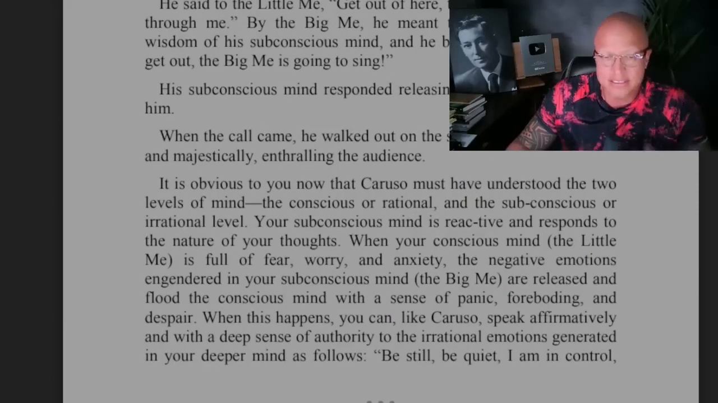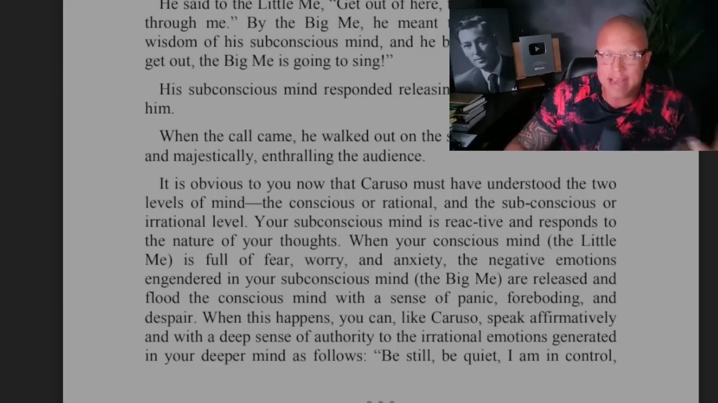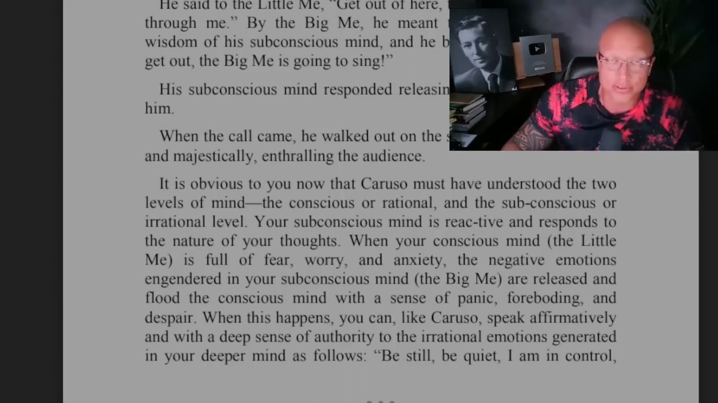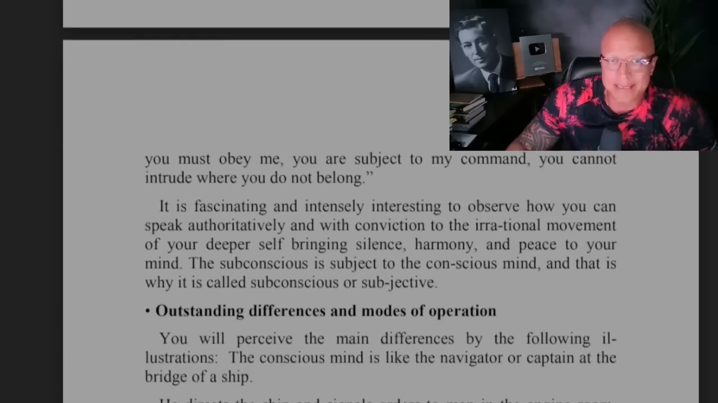Okay, so this is how you're telling your rational mind to get out of the way and let your irrational mind, which is impersonal mind, which is the subconscious mind, take control. So it's right here. Be still, be quiet. I am in control. You must obey me. You are subject to my command. You cannot intrude where you do not belong. So you're really not commanding the subconscious mind, you're actually commanding the conscious mind to allow the subconscious